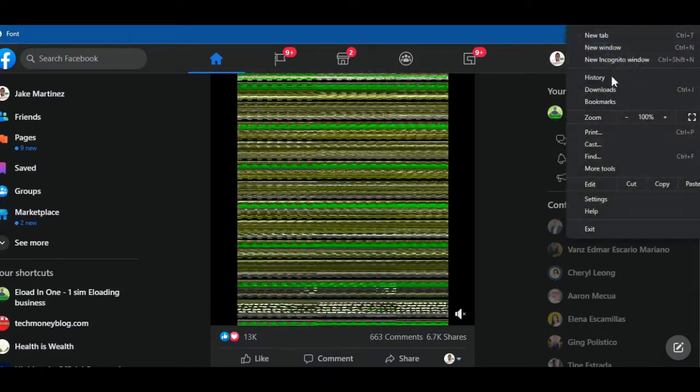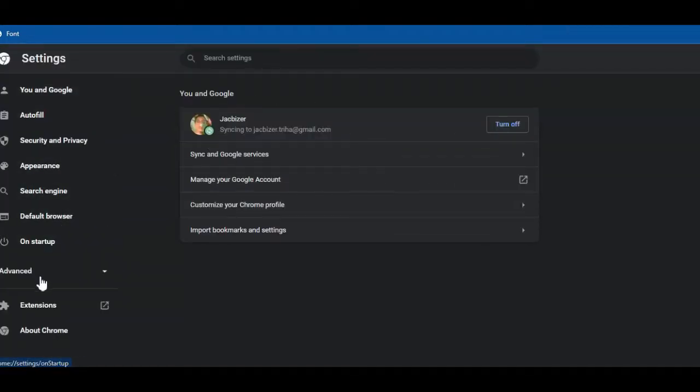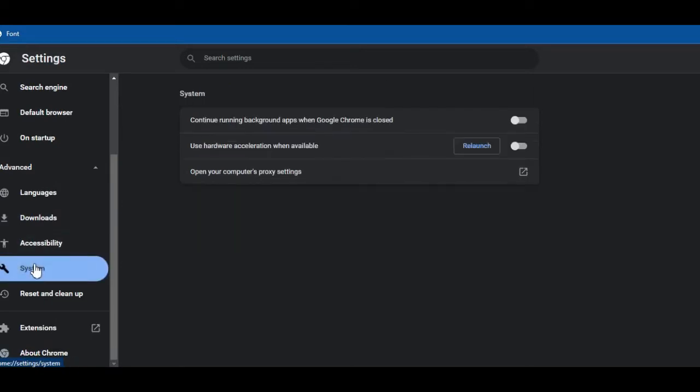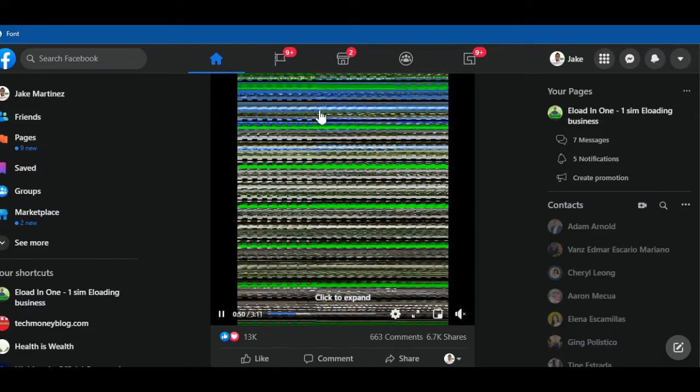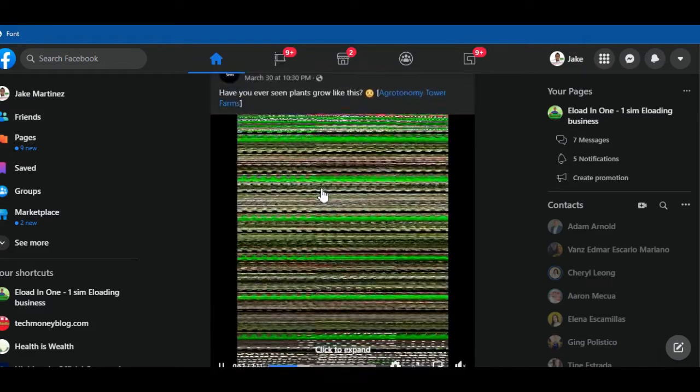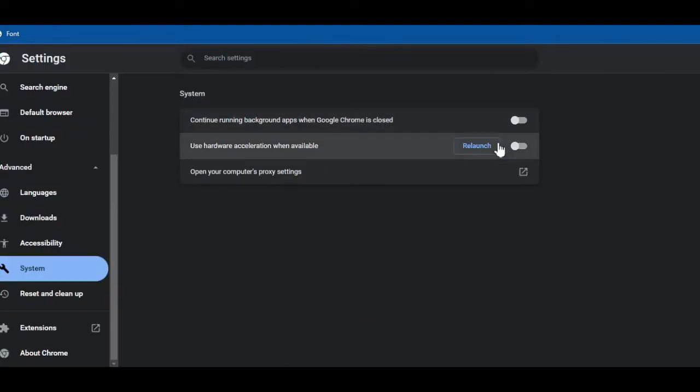So I've searched some tutorials in Google on how to fix this, and I found some that shows to go to advanced settings and then to the system, and then if the use hardware acceleration when available is turned on, you just have to turn it off and then relaunch the browser. So probably or hopefully it can fix the issue,